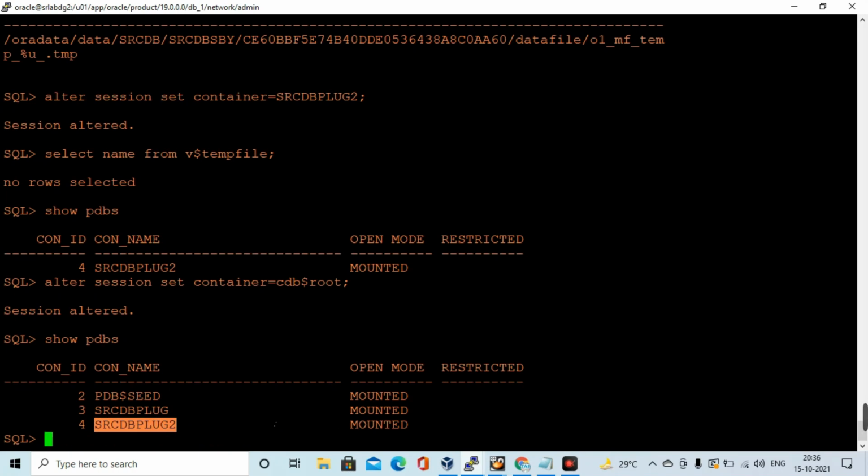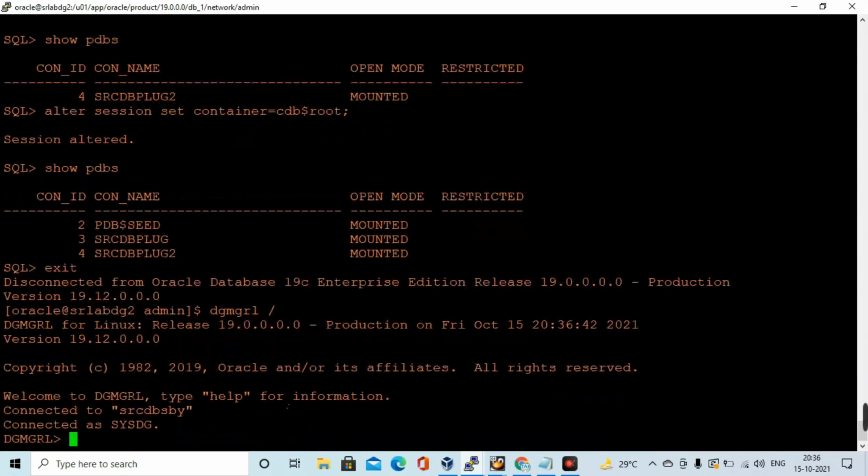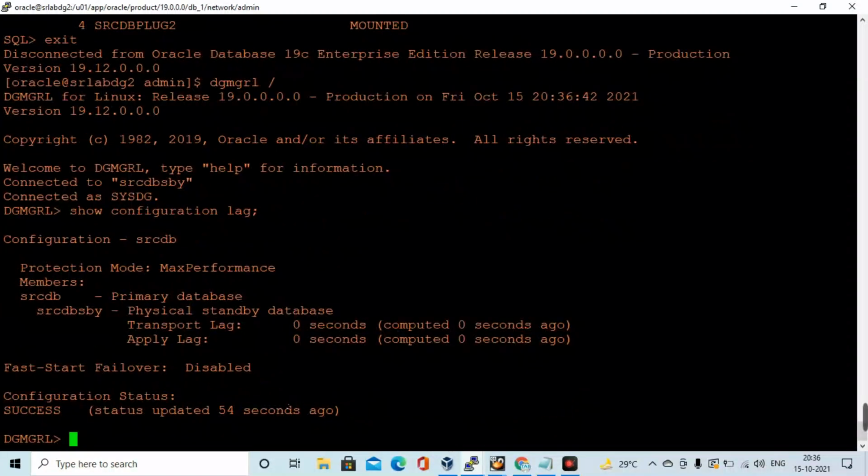Now I am coming out and going into DGMGRL. I am going to the Data Guard broker, validating the lag. Everything looks good. Now I am going to stop the MRP.